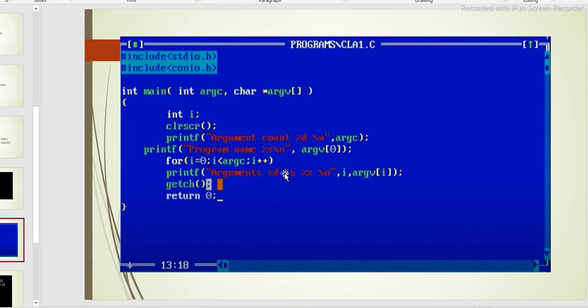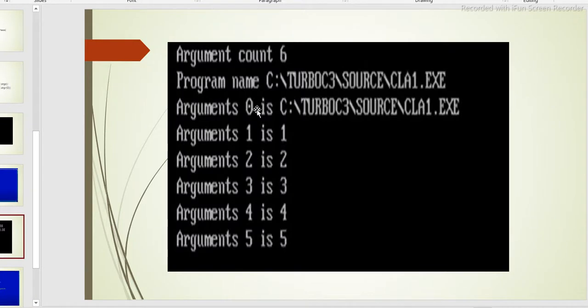So argument i, percentage d, this is an integer, so 1 is printed. This is percentage s because argv is an array, so we use percentage s, argv i, up to the 5 numbers. And the output: I give 5 numbers, 1 to 5, totally argument count 6.